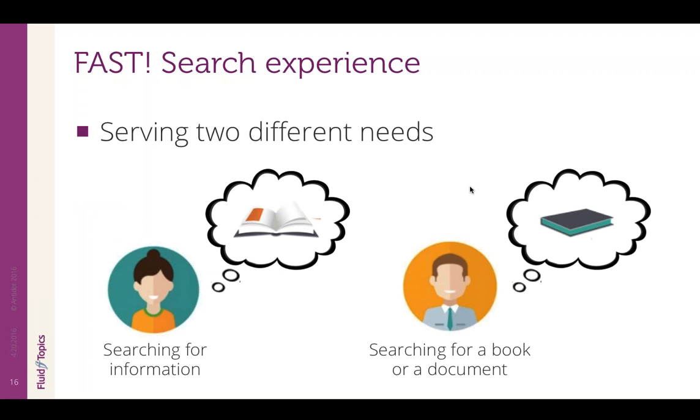We also optimize the user experience. And we think there are two ways of searching. Either you're looking for information, wherever it is, or you're looking for a book. It's like when you go to a library. Either you know what book you need, and you just want to access it rapidly, to pick it up from the shelf, or you are looking for any information related to an issue without knowing its form and where to find it. So it's really two different types of search.